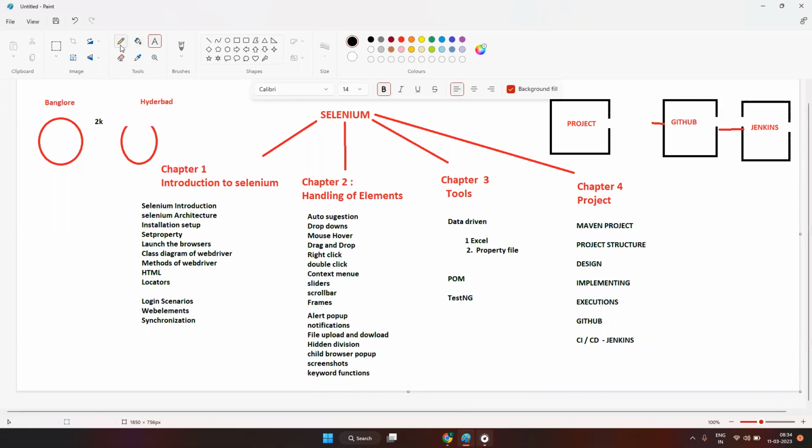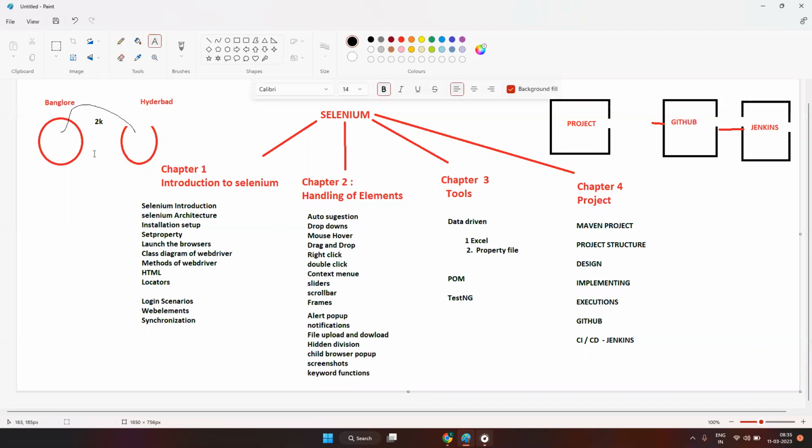To give that money, I'm going from Bangalore to Hyderabad. I'm spending some amount to reach Hyderabad, so just to go from Bangalore to Hyderabad, I'm spending